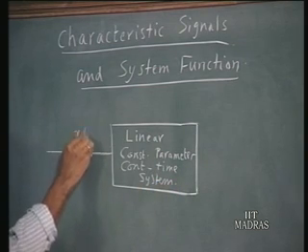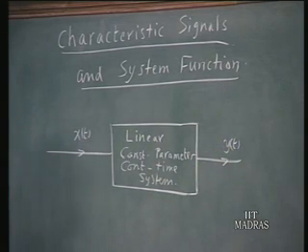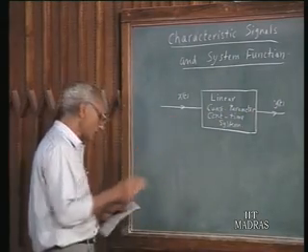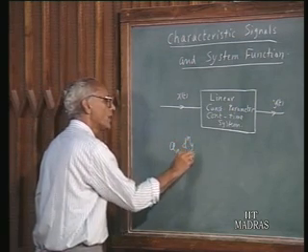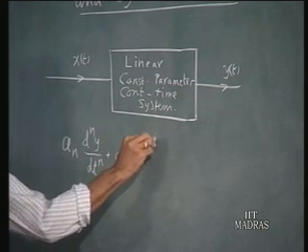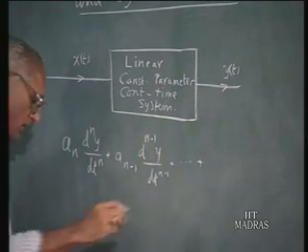We have an input quantity x(t) and an output quantity y(t), an electrical network consisting of RLC elements being a specific example of this. In general, the output y(t) and the input x(t) are connected by a linear differential equation with constant coefficients. Let us assume that the differential equation connecting these two is of this form: a_n d^n y/dt^n plus a_(n-1) d^(n-1) y/dt^(n-1), and so on and so forth, plus a_0 y